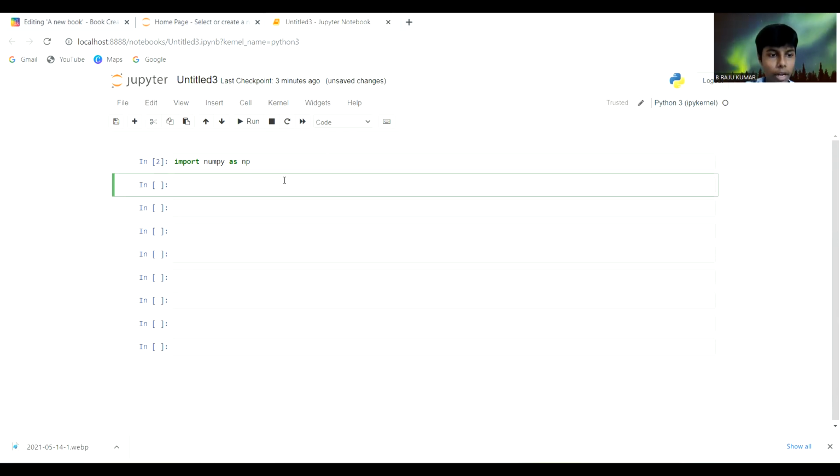For making an array, we will use the array function. So for that, we need to first assign the name of the array. So a is equal to np. np is the short form that we have given for NumPy, and now we will make an array. We will make a one-dimensional array so that it's easy to understand. So we're gonna make one,